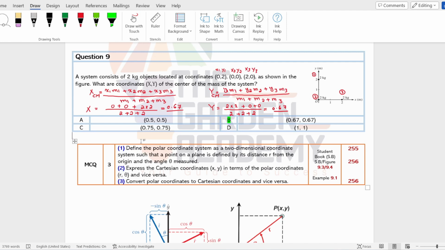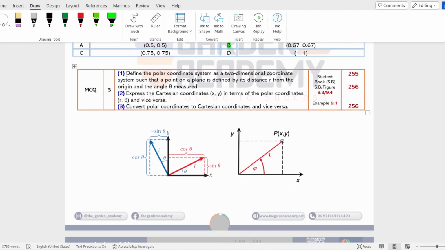ننتقل الآن إلى الجزئية الثالثة. بيحكينا في هاي الجزئية: 1. To define the polar coordinate system as a two-dimensional coordinate system such that